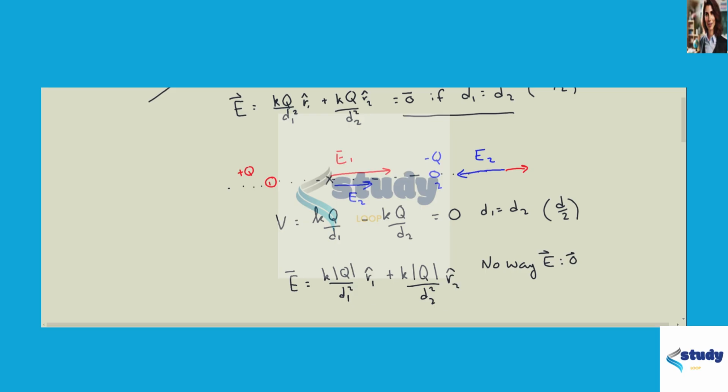So again, pointing out that potential and electric field are different. It's almost never true that one is 0 when the other one is also 0. Of course, there are special cases, but it's not a likely thing to occur. And again, you see a very different behavior if your two charges have the same sign versus opposite